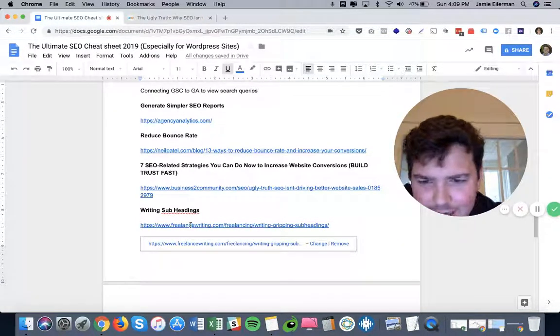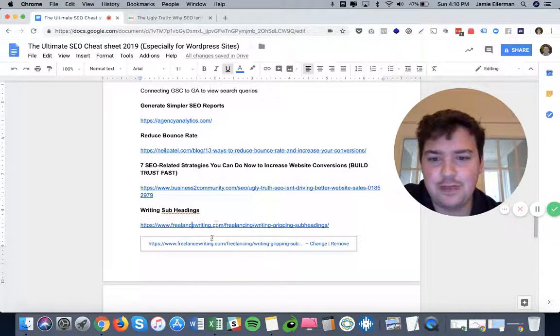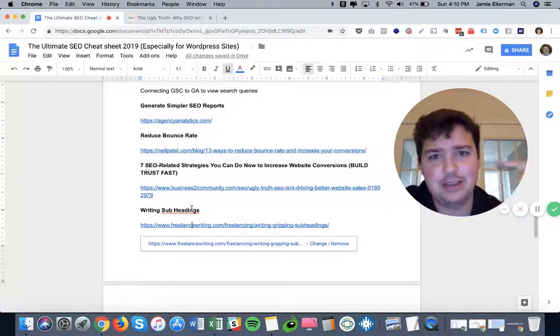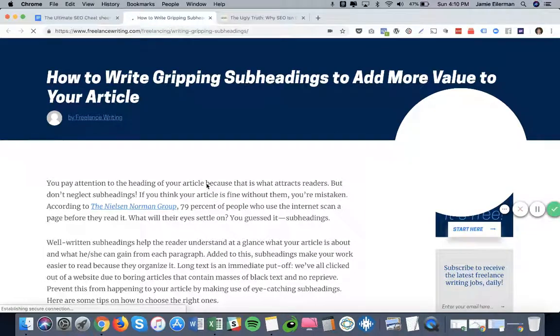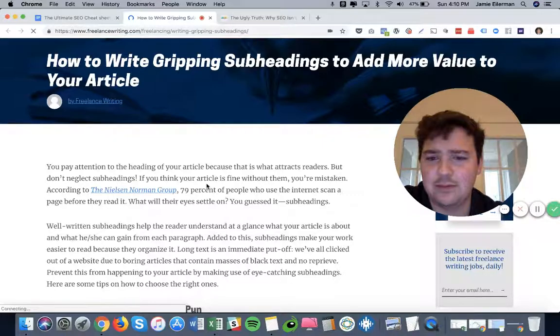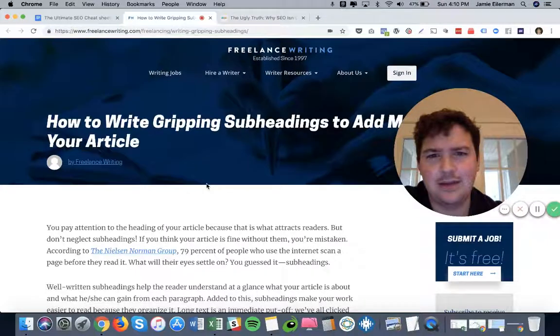Writing subheadings. Okay, so if I was optimizing a site and I've optimized the title tags, the H1, the images, what else can I fix? Subheadings are huge because, as you saw, when I was scanning through the page, that's usually what I'm looking for. So they're very important and not to be ignored when writing an article. This was freelancewriting.com. I think there are a ton of free books on this site that are really good, especially about copywriting and headline writing. Check out